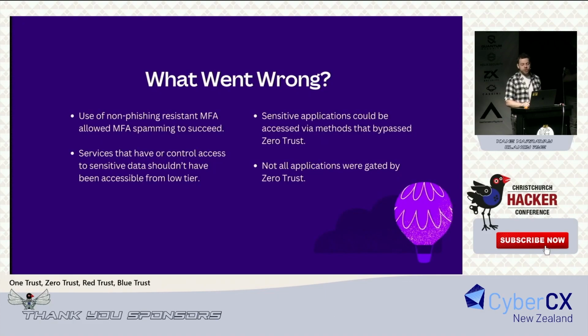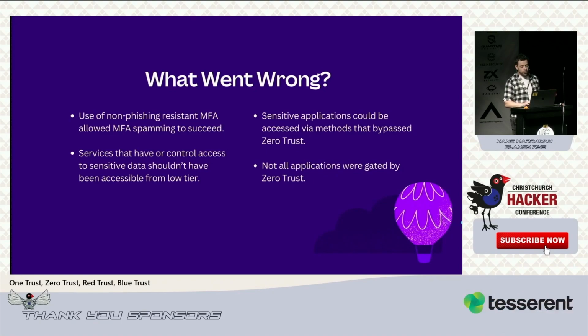I guess in a nutshell, the company's zero trust implementation just wasn't complete. There were several holes that could be used to bypass controls entirely. There was a partial adoption of phishing-resistant MFA, which hadn't quite reached the critical mass required to be reliably effective here. So utilizing a hardware MFA, like a YubiKey, would have completely prevented our initial MFA spamming vector.